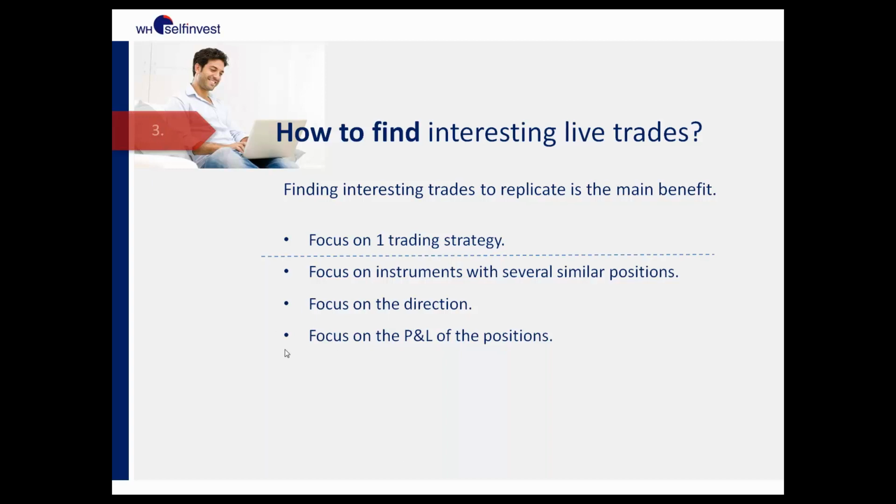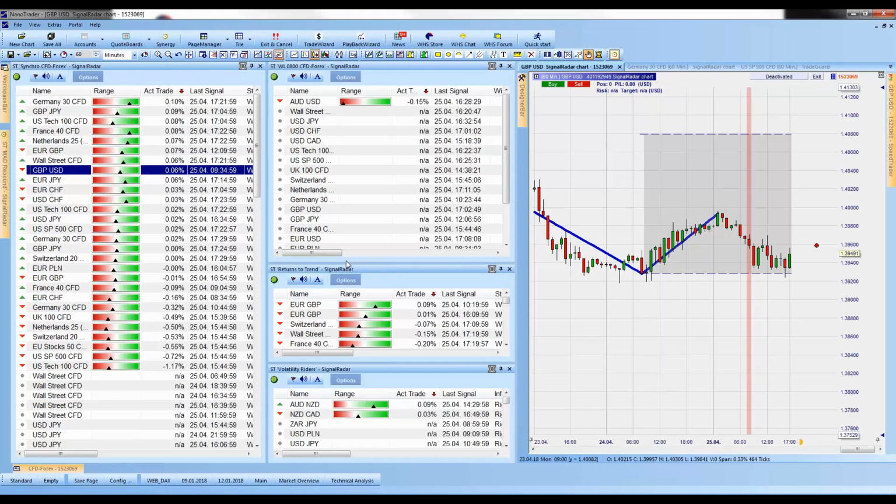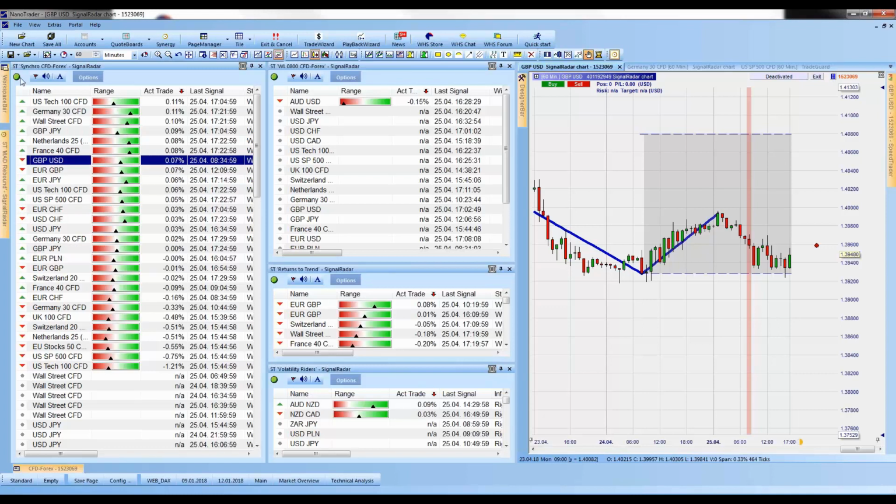The fourth method of finding interesting live trades in the SignalRadar is by not looking at the market price of an instrument, but by looking at the P&L of the positions. This brings us back to these mini charts, and let's just go back to the platform. The mini charts, to remind ourselves, are these charts when we do a mouse over the